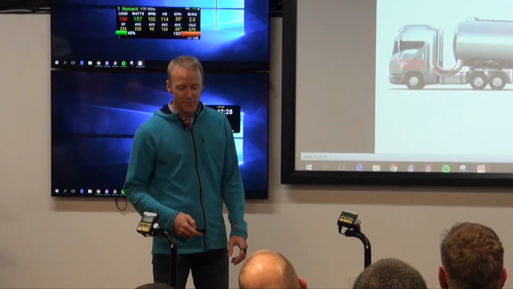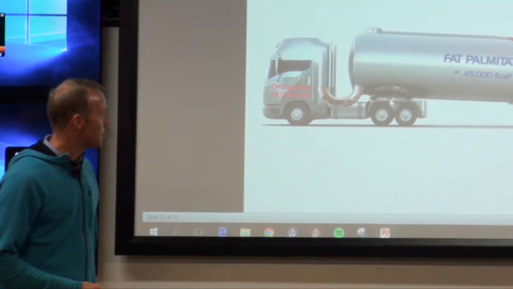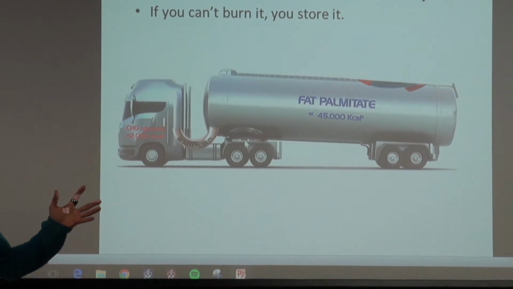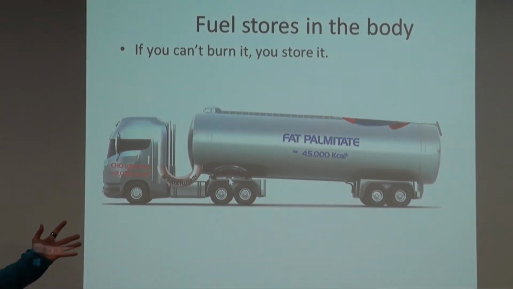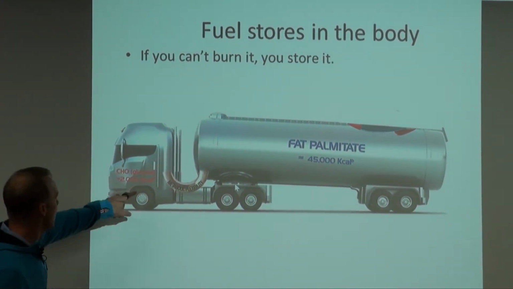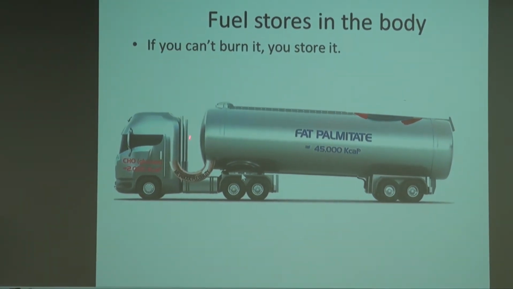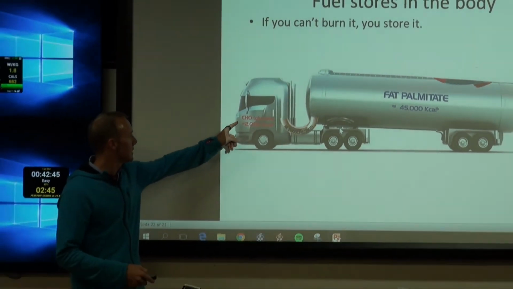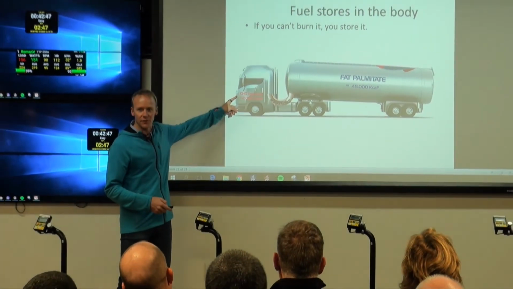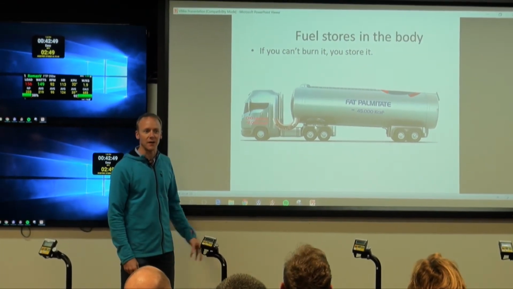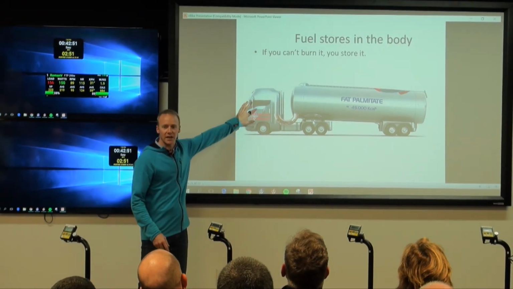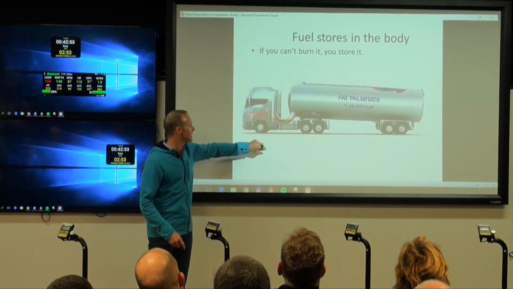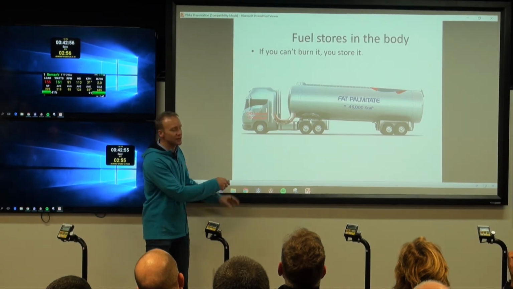We have to always keep feeding it, and I love this analogy. Jeff Volek uses this analogy. This is your carbohydrate stores that I was just talking about. This is your glucose. So here we have your liver and your skeletal muscle, right? Remember that 400 grams of glycogen? That's your muscle right there in the tanker. That's the gas that you're filling up there.